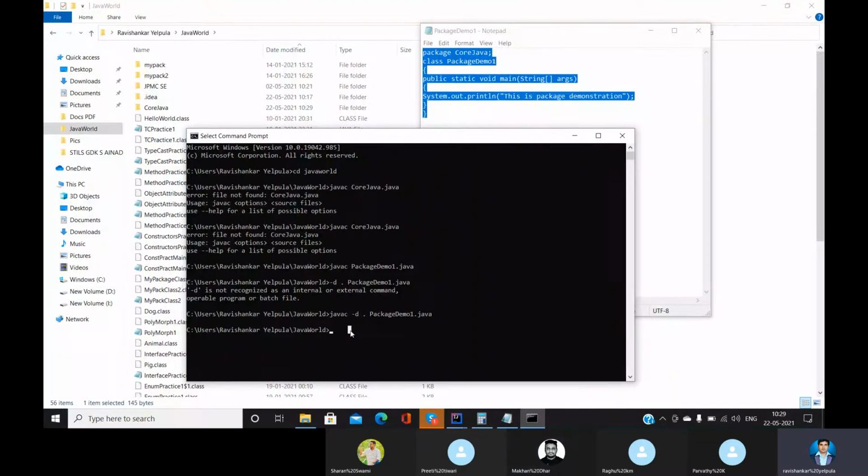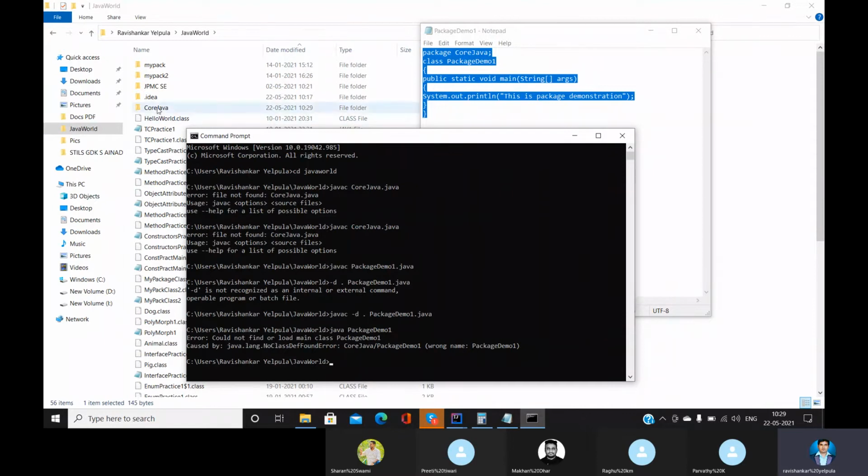Now we're going to run this particular package demo dot program. Package demo dot one. What happened to it now? Okay, I think there might be some issue, right? I'll definitely get back to you on this.